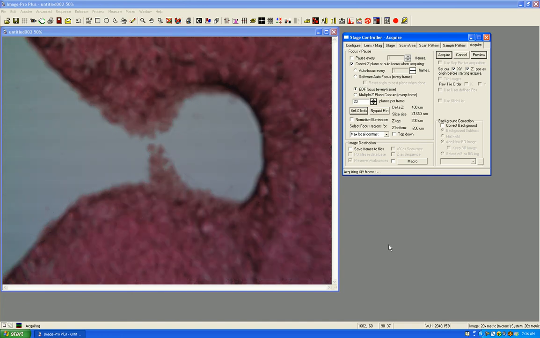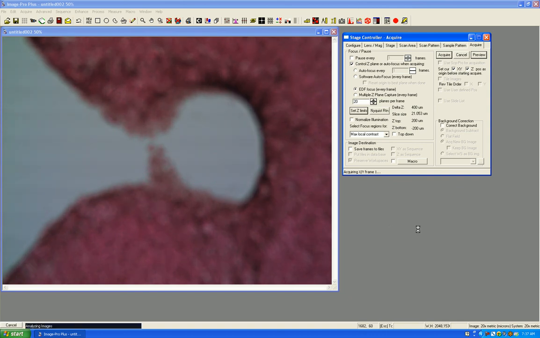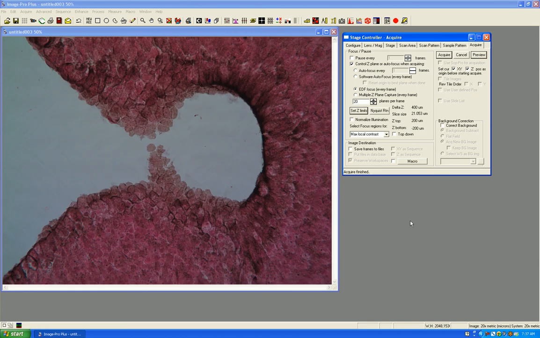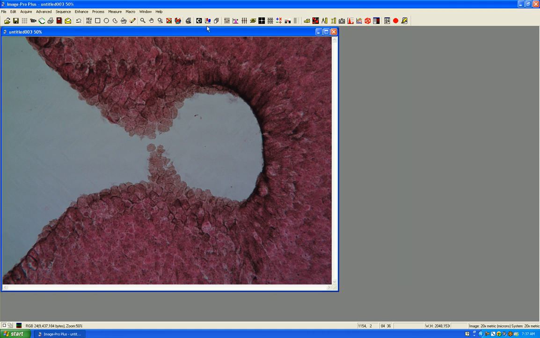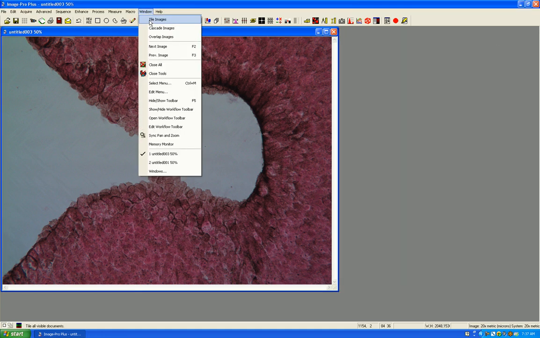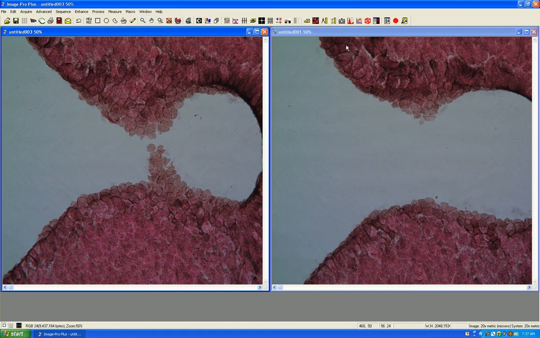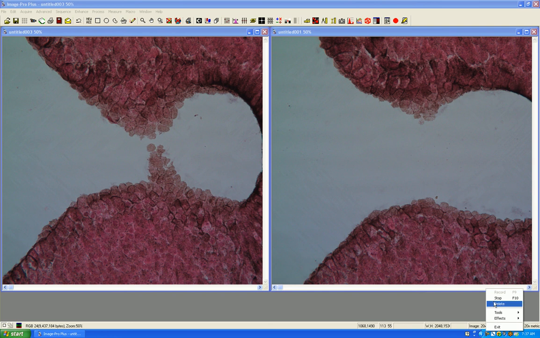Once this finishes, I repeat this as many times as you want to acquire the particle images, and then in the next video we'll show you how to count and size those. I don't have any particle samples, so I'm not doing that at this time. But now, if you can see, I'll close this window and I'll go to Windows and Tile Images. We now have 2 images that we can process and count and size. I'm going to end the recording, and the next video will be